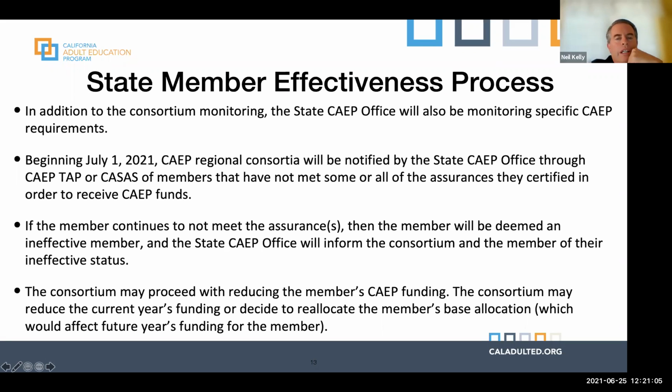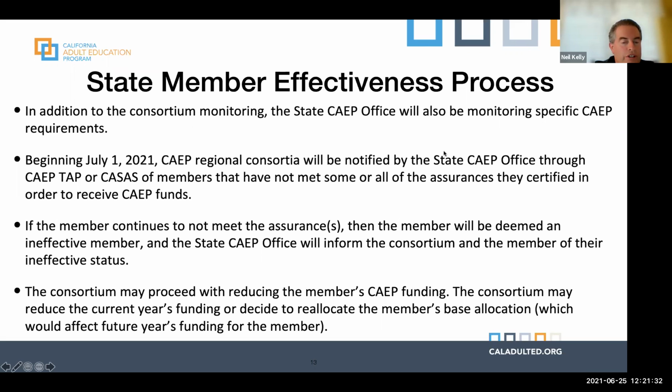So just be assured that we're not tracking public meetings or decision-making or things like that. That'll be up to the consortia lead or director. So just remember, after we go through this process, if the member continues to not meet the assurances, then the member will be deemed ineffective, and the state will inform the consortia and their members about that status.